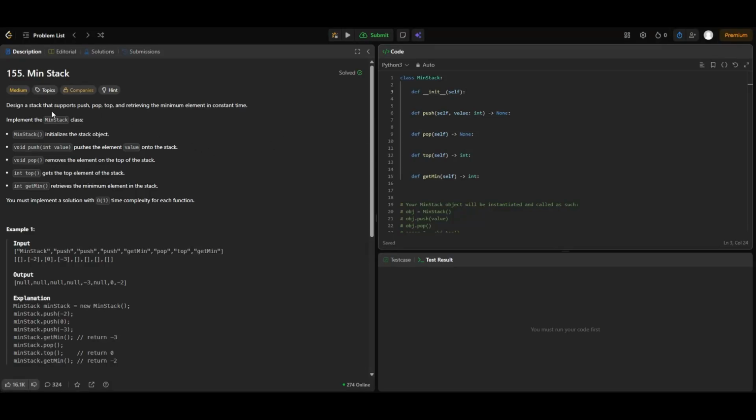Today we're going to be doing a min stack. We're basically going to design a stack that supports push, pop, top, and retrieving the minimum element in constant time. We are given these functions that we have to create and initialize to basically have these functions work, right? The first thing we're going to initialize is